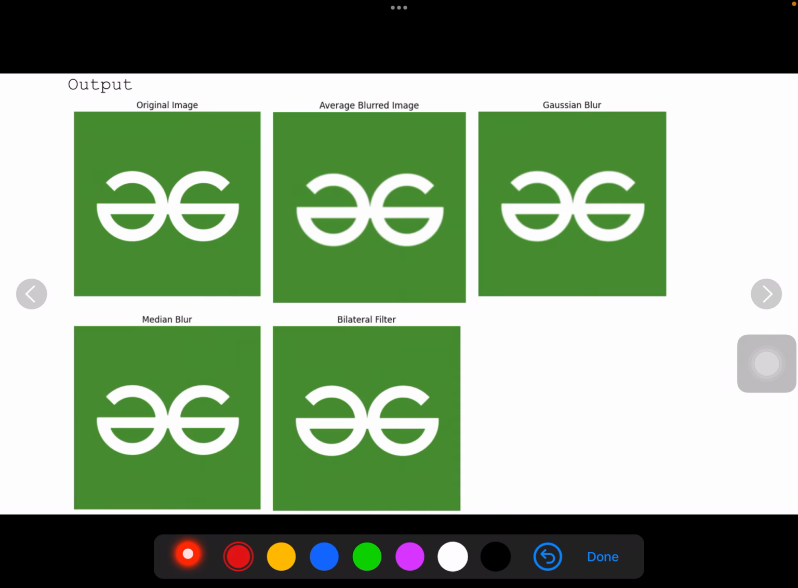The final result looked like this. Since we don't have any noises in this image, we are not able to find out a difference among all these outputs. When you take an image with lots of noises, you can easily identify the difference between